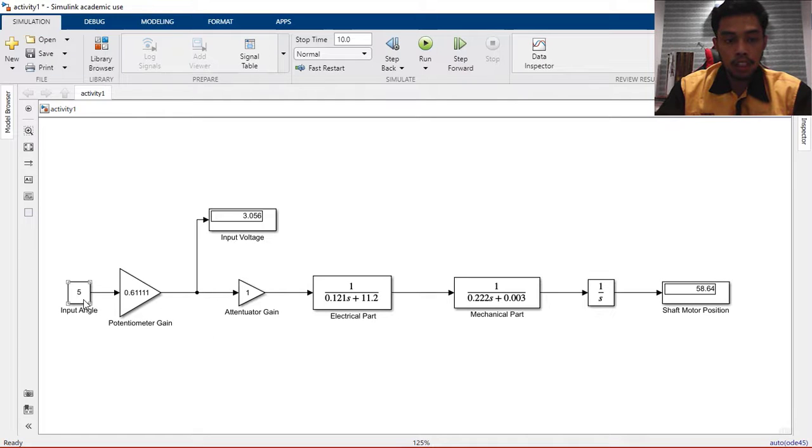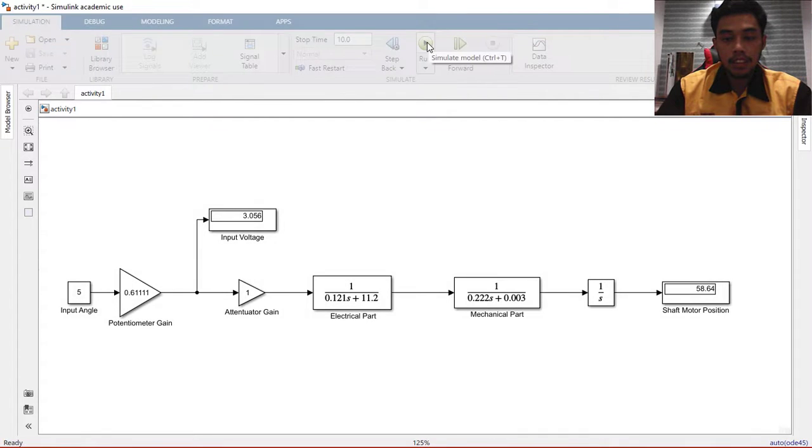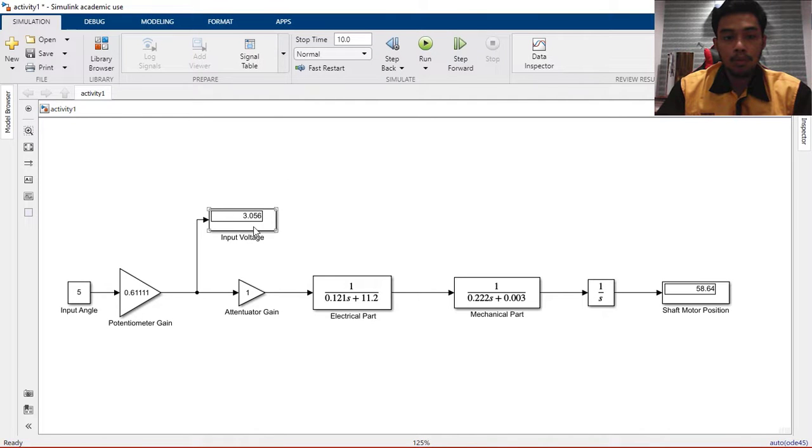For the first activity, I will vary the value of input angle and actuation gain. For the clockwise position, the input angle is set to 5 and the actuator gain is set to 1. Then we run the simulation and obtain the input voltage, which is 3.056 volts, and the shaft motor position is